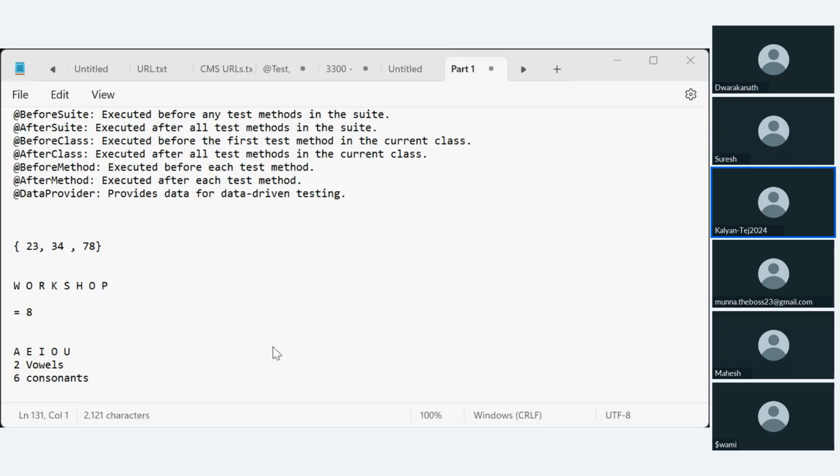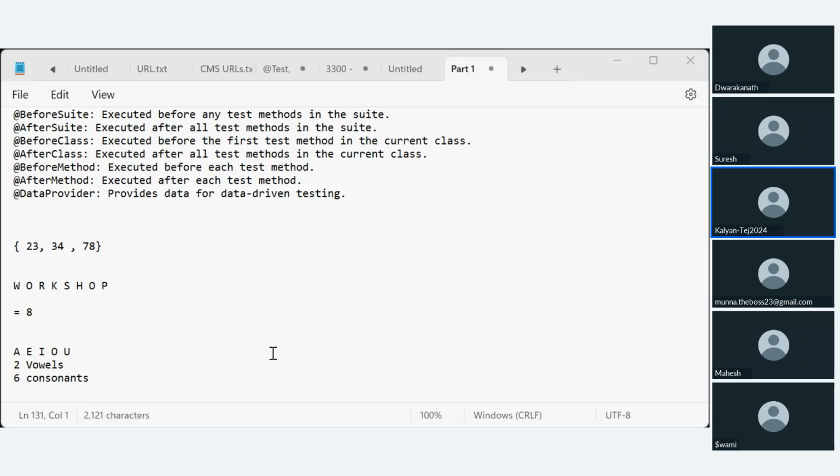class and the interface. The keyword used in the abstract class is abstract, and in the interface it is interface.